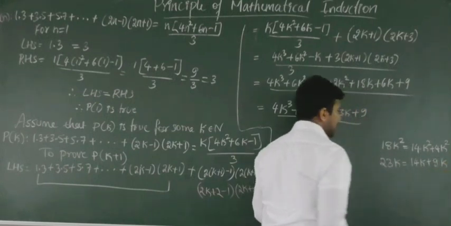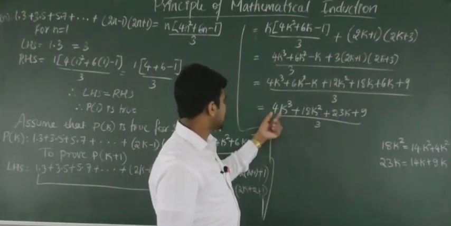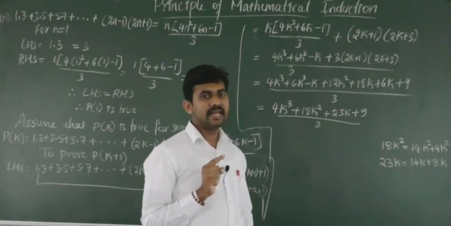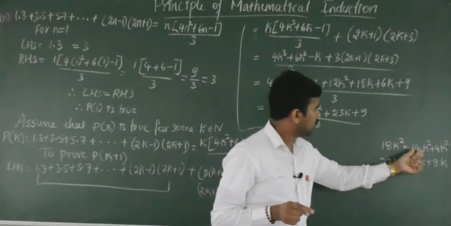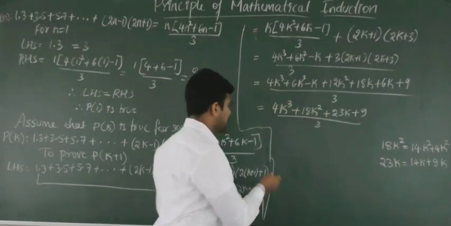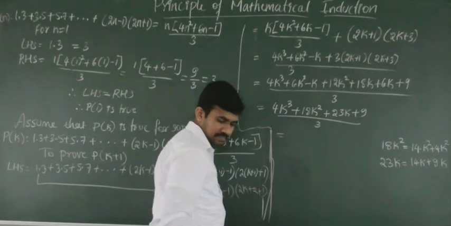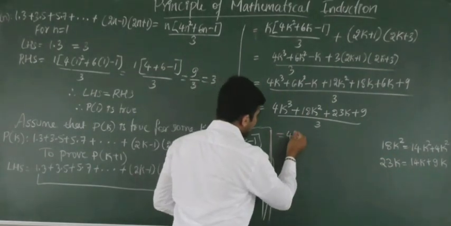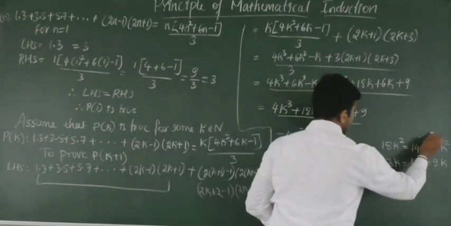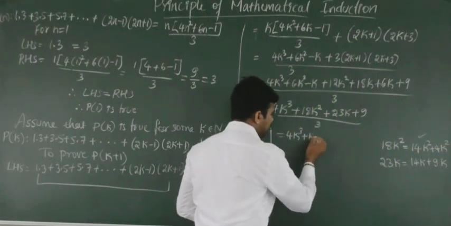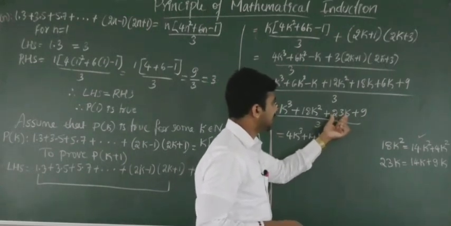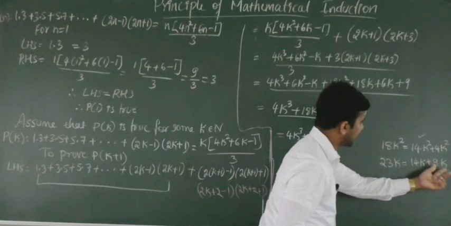Okay, so if we split like this we will get the terms, that is the terms containing 4, 14 and 9. We can observe here 4, 14, 9. Similarly 4, 14, 9. If you write it you will understand. So I'll write that. See here 4k cube as it is, 4k cube plus 18k square, I split it as 14k square plus 4k square. But I'll write first here 14k square and then 4k square I'll write later. Okay, and then 23k you have, I split it as 14k plus 9k. In that I'll write first 9k.